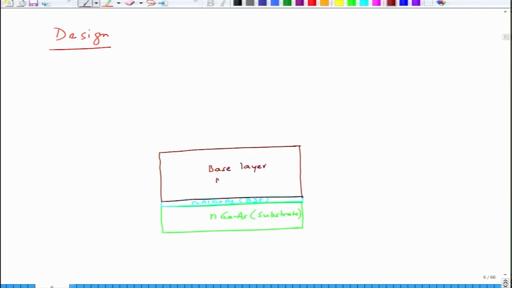Base layer is made of N gallium arsenide, and this has of course 1.42 eV of band gap, and on top of this we have the emitter, which is P type gallium arsenide,